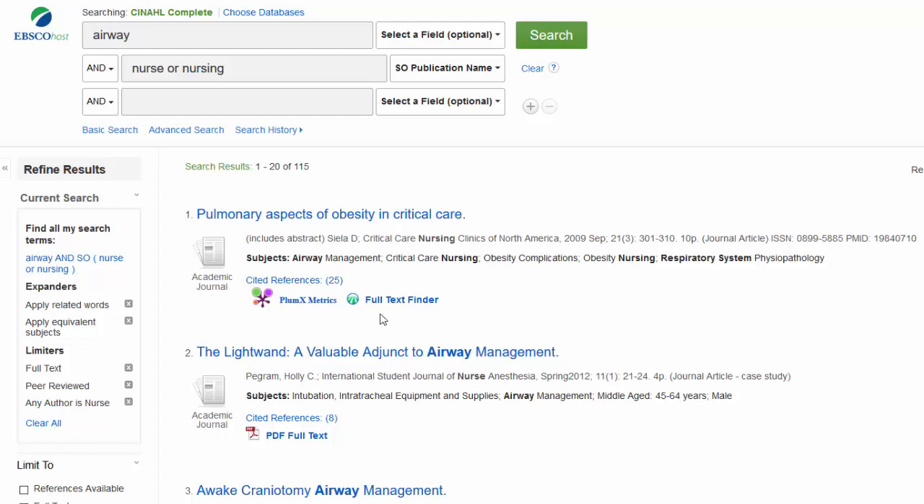It says here, full text finder. That means the article is not full text right in this database. It's not right in CINAHL Complete, but the database thinks that it can send me to the database where the text is. So I'm going to give it a try. I click on full text finder,